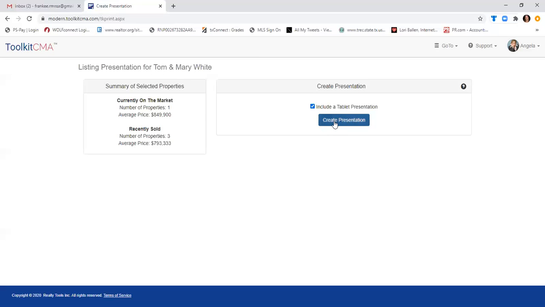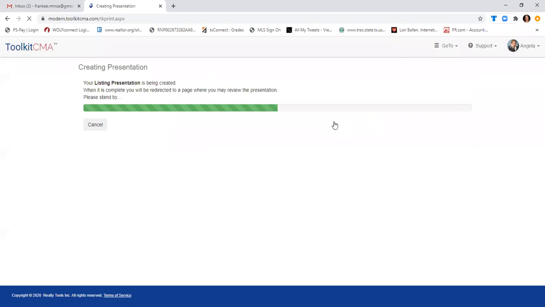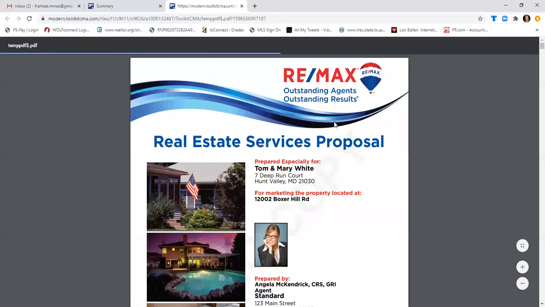Okay, so I'm going to include a tablet so you can see it. This is where we get charged. We say create presentation. I'm going to go through the pages kind of fast, except for the ones I really like. Because again, on that first page, you have a long list of pages, tons of options. You don't have to use them all. I wouldn't use them all because no one wants to sit through over an hour listing presentation, which is what this probably creates. Select the ones you really like. And if you're unsure, you can always print some and get rid of them after you see them. So here's what it creates